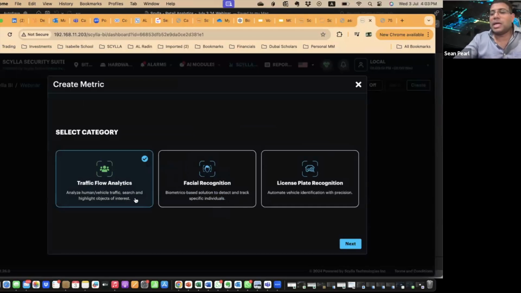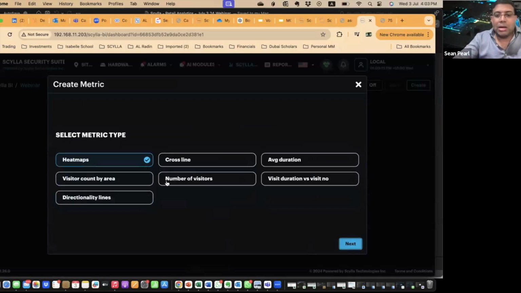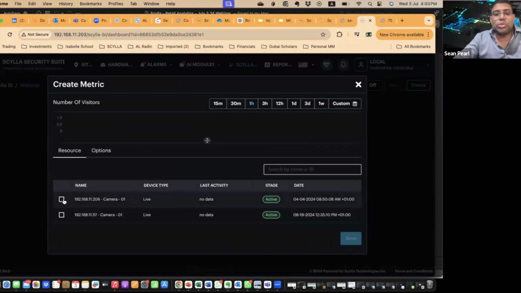If it is any of the people counting, unique visitor, or heat maps, I'm going to opt for my traffic flow. Just say next. Maybe I just want to look at the number of visitors. Say next. That's it. You choose your camera, choose the time frame, say save, and it generates the report like I showed you earlier.